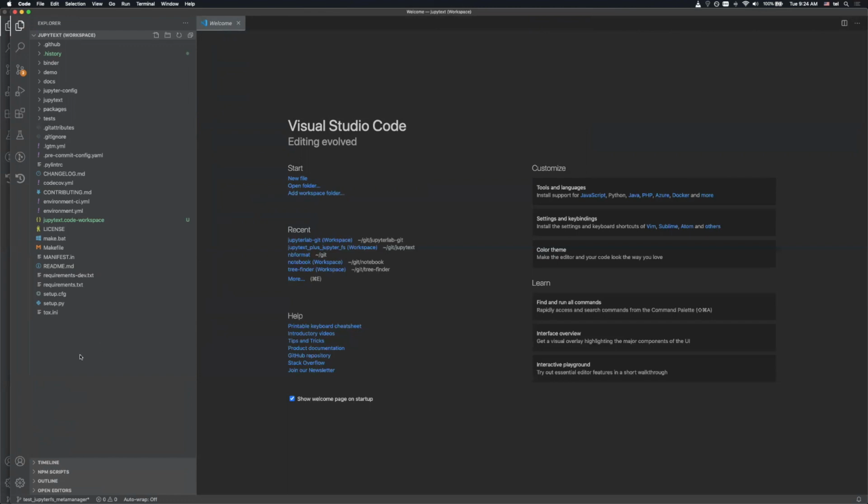And the next step will be to configure VS Code for being able to run and debug the actual code in JupyterText. So in order to do that, first we make a new directory in this project called .vscode. It's just a generic directory where VS Code stores config files. Now we need a launch config. And we can find a template for launch configs for Jupyter projects in